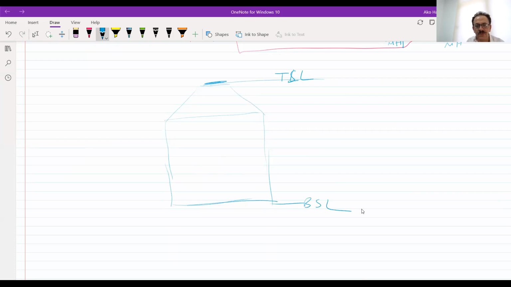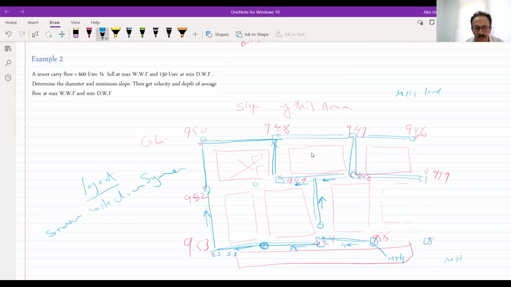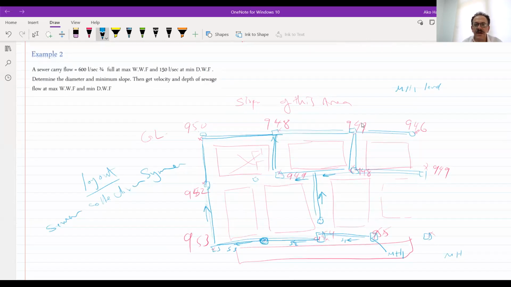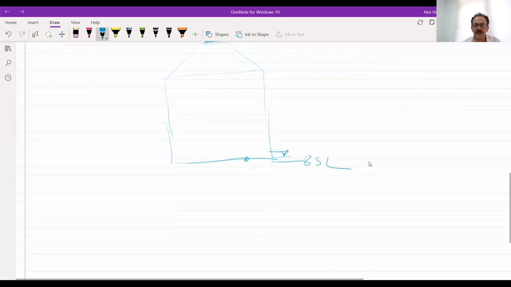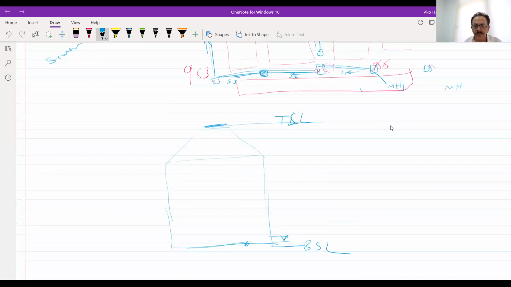So for each manhole we need the level, because we have to tell those people, please excavate for me about, for example, 5 meters. So the depth of the excavation will be based on the cover level and the bottom.